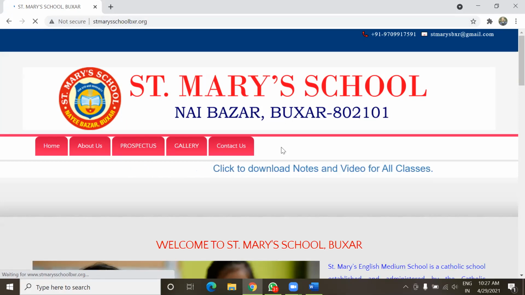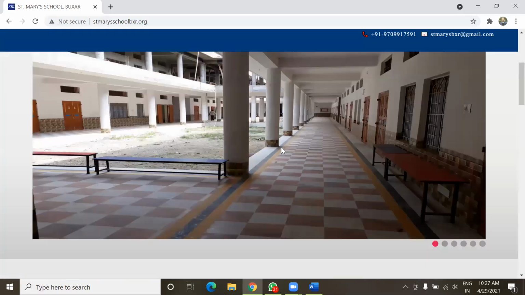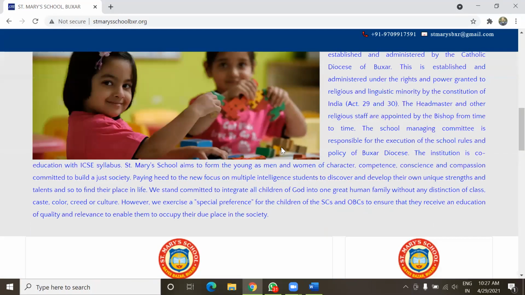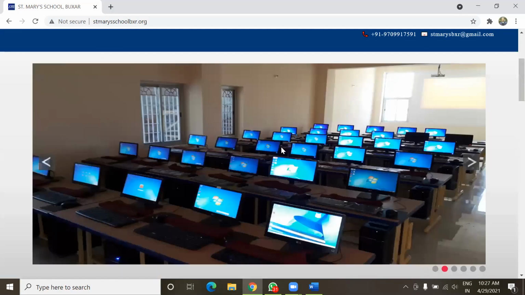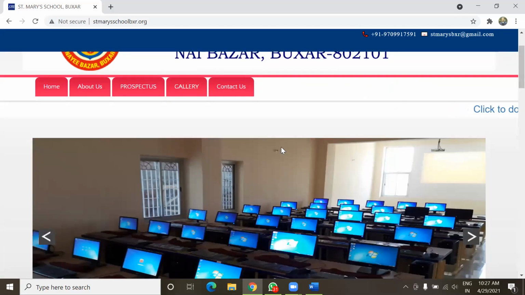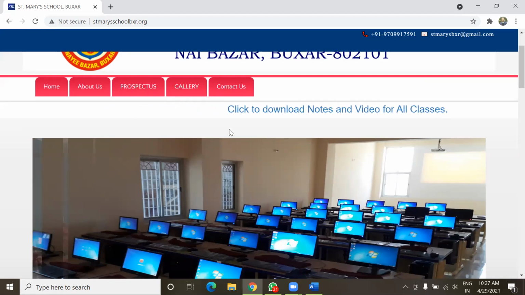Whenever any of you or me or any other user opens this particular web page, it will appear the same on all our computers or smartphones. So this is called static content in the web page.